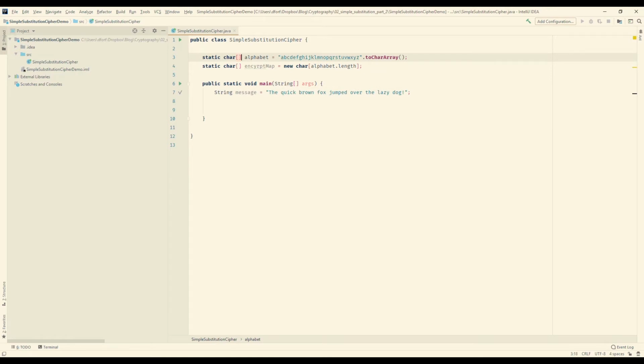The first is our alphabet, and in Java, the best way to create a character array of the alphabet is to just create a string of the alphabet, and then use the toCharArray method from the String class. I've also created an encrypt map variable right here. Right now it's empty, but you can see that we've also created the character array to the length of the alphabet, so we always have at least one element in the encrypt map that matches to each element in the alphabet. And like I said, I've also created a message here, which is our pangram, "the quick brown fox jumped